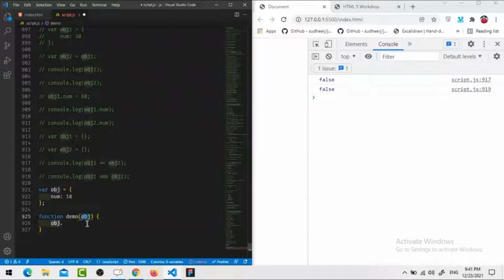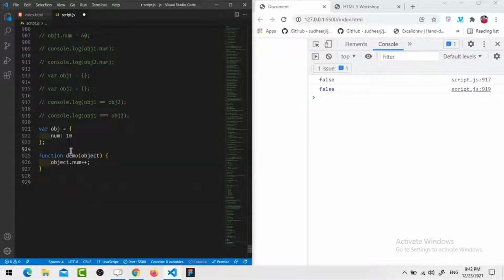object dot num plus plus. Okay. And now here what I'm going to do is, first I will give you here a console.log just to print the